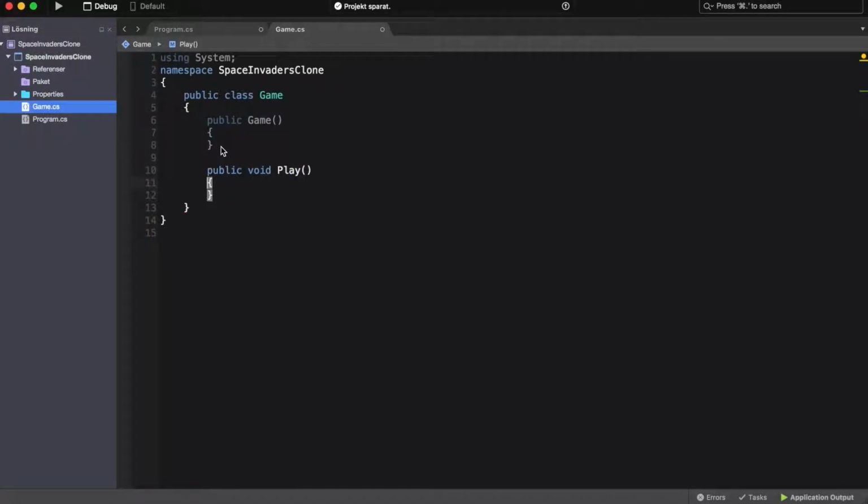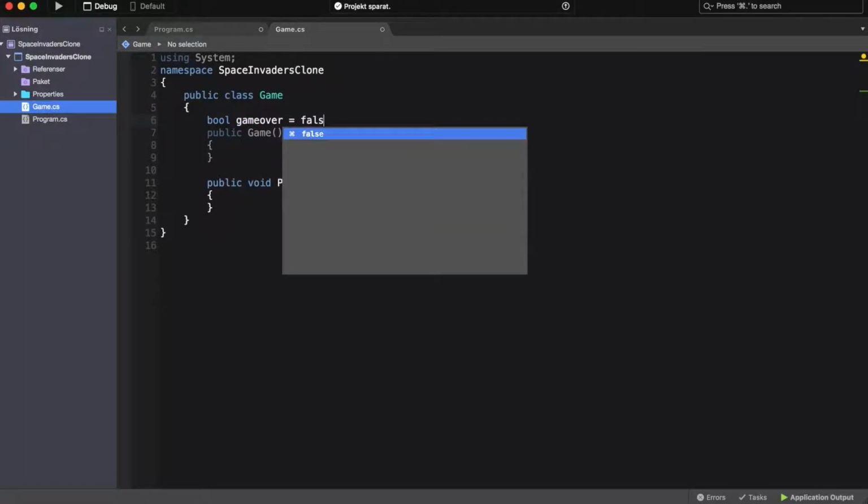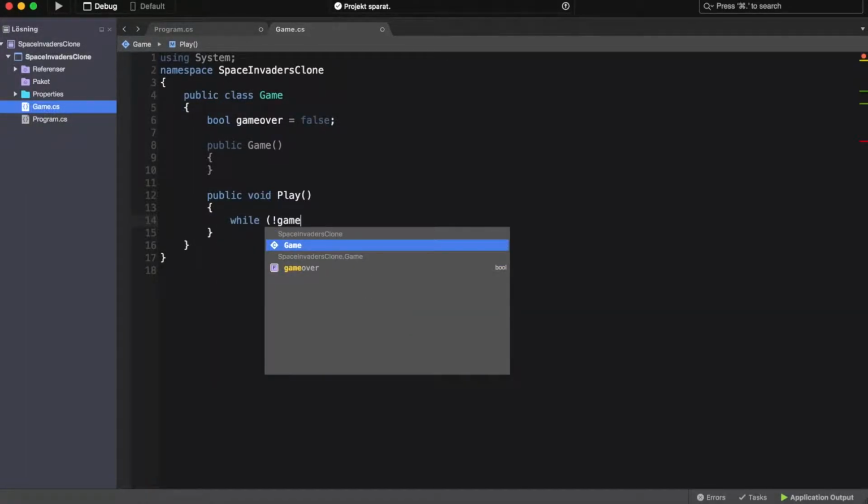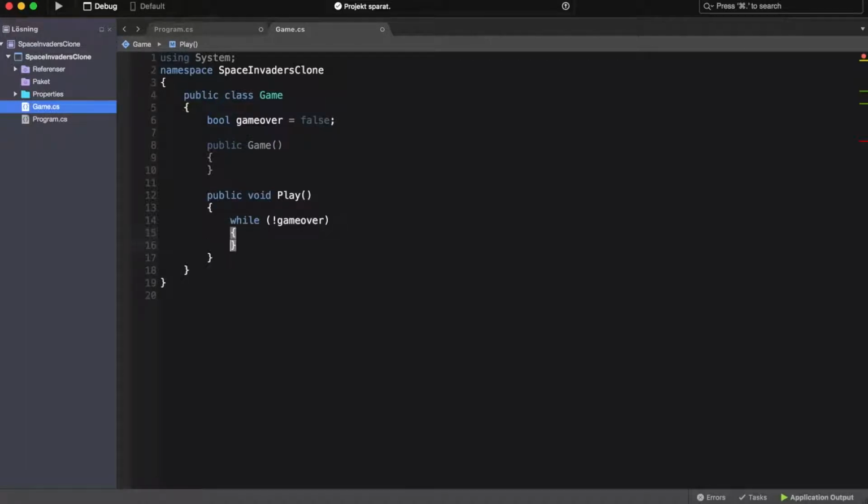The basic idea is that we will continue to loop the game until it is game over. Hence we need a bool gameOver, which is initially set to false. So while not gameOver, the game will continue to loop, basically. And whenever the while loop has finished, it will leave the play function and just return. Of course, we don't need to write return. And then we just return to the main function,